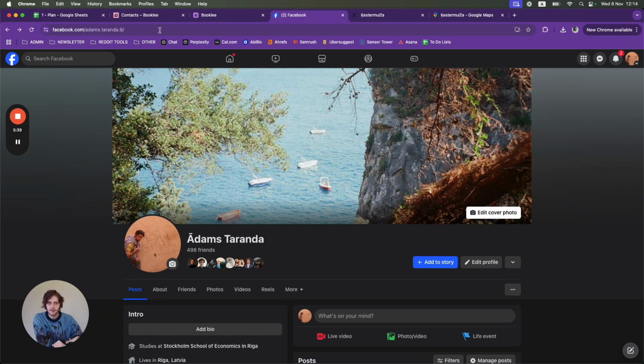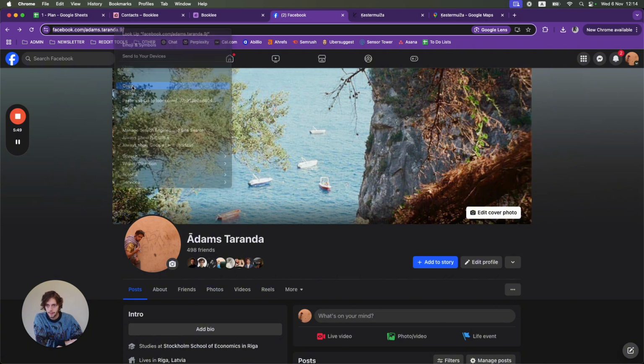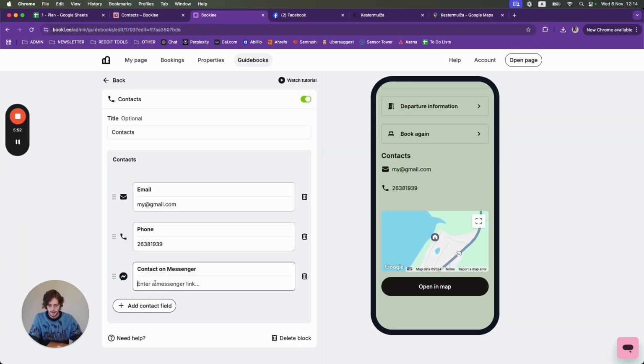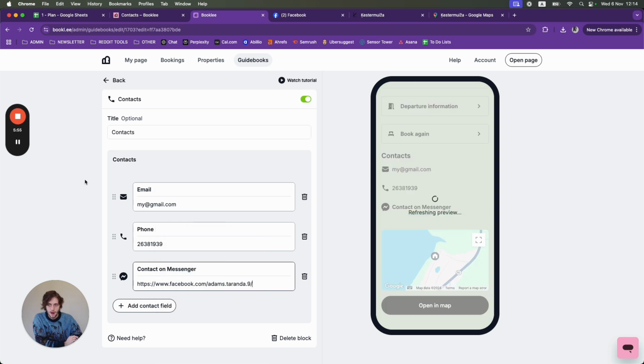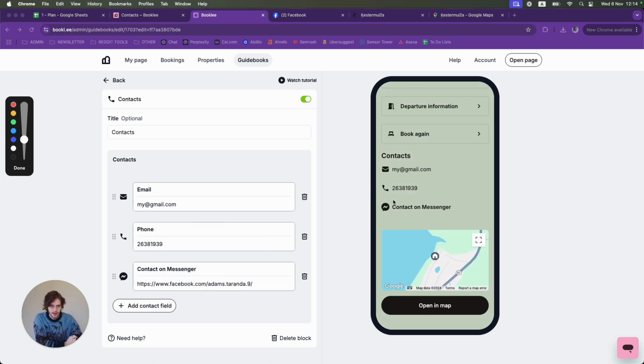If I wanted my guests to get in touch with me on my personal Messenger, I would simply copy my Facebook account link like so. I highlight it, right click, copy, go back to Booklee and paste it in here. So now you can see that here on the right hand side on the live preview of my digital guidebook, there's this button, contact on Messenger. If my guests were to click it, they would see my Facebook account